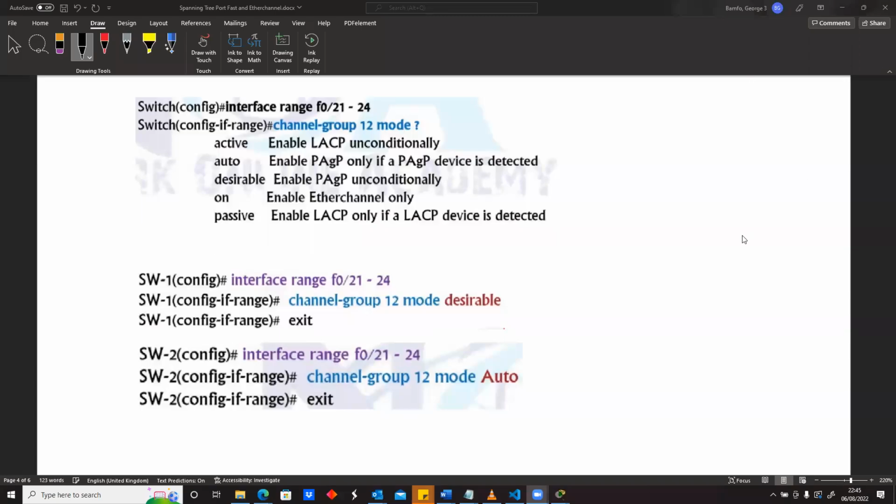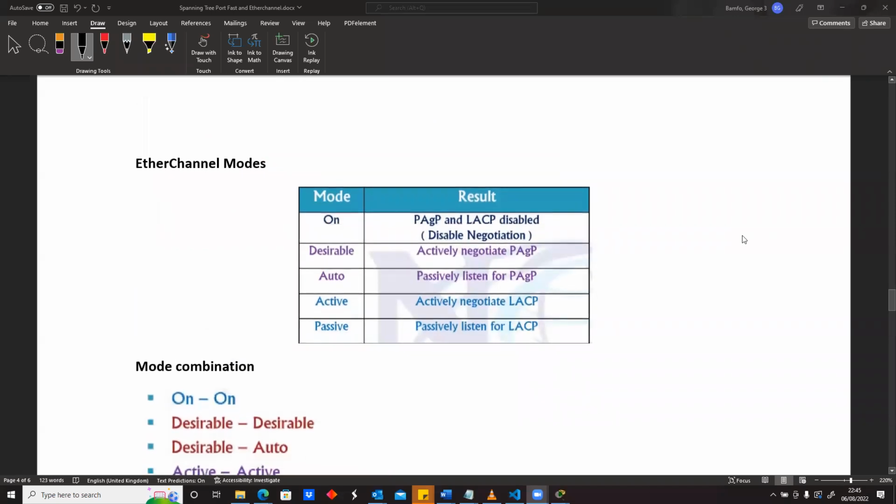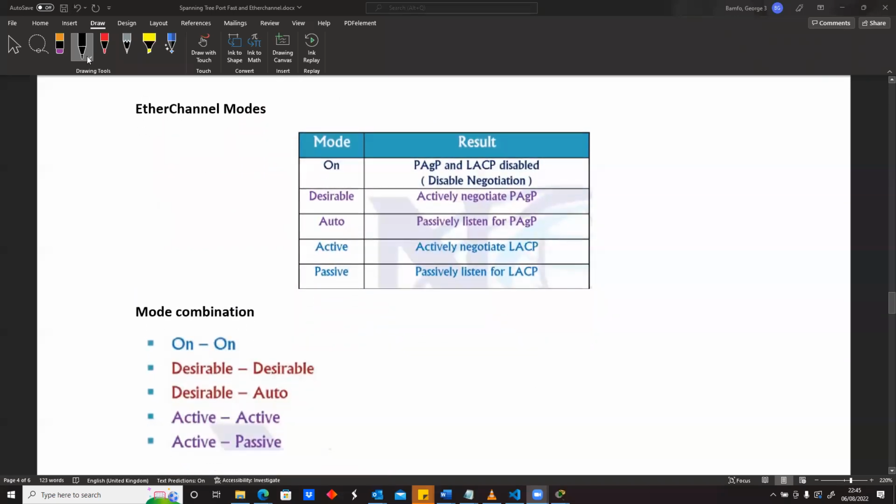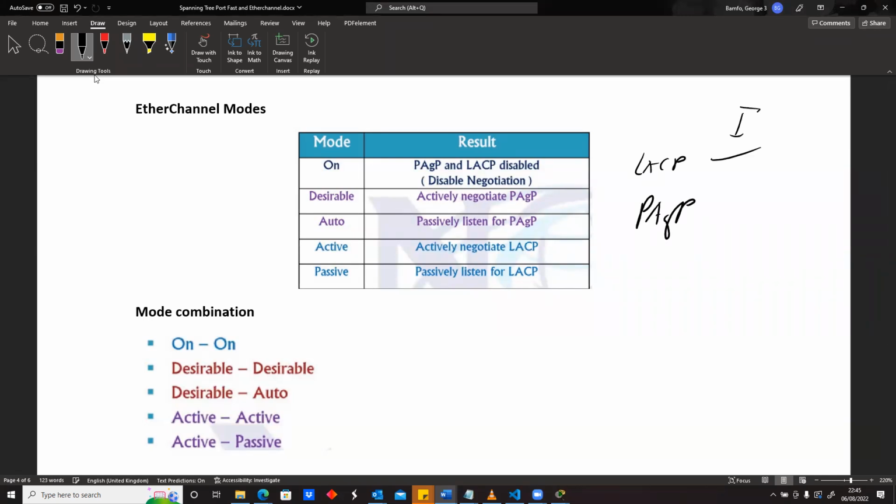So in our previous session, we saw a few things about EtherChannels, and we said we have at least two different types of EtherChannel. The dynamic ones, we have two different ways of forming EtherChannel. For the dynamic approach, we have LACP and PAgP, and we mentioned that LACP is coming from IEEE, which is industry standard. And then we have Cisco's version of that, which is PAgP. But the topic is still EtherChannel, or sometimes you hear port channel.